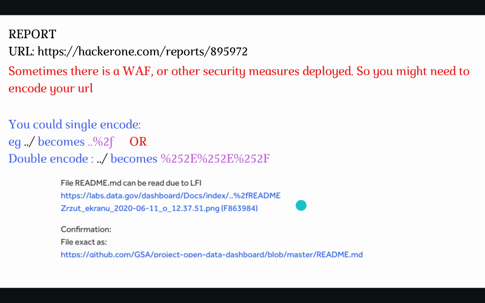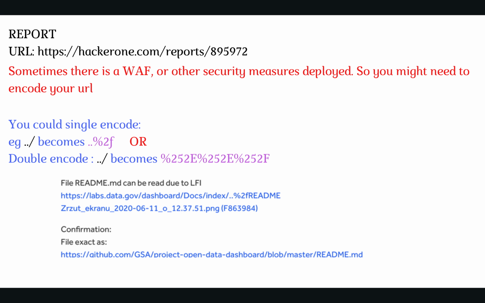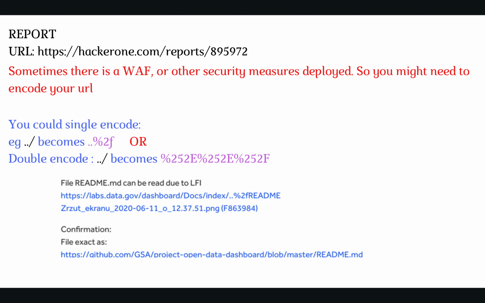Now this was one of the ways in which he found this vulnerability. Now the second is, sometimes you have a firewall in place. What this firewall will do is look for dot slashes and remove them. Sometimes there are other security mechanisms deployed which will specifically look for dot slash or other things, and just scrap them out and include anything that does not have dot slash in it, or just remove the dot slashes so that you do not try to exploit it in any way. But there are some countermeasures that you could try. You could first try to singly encode it.